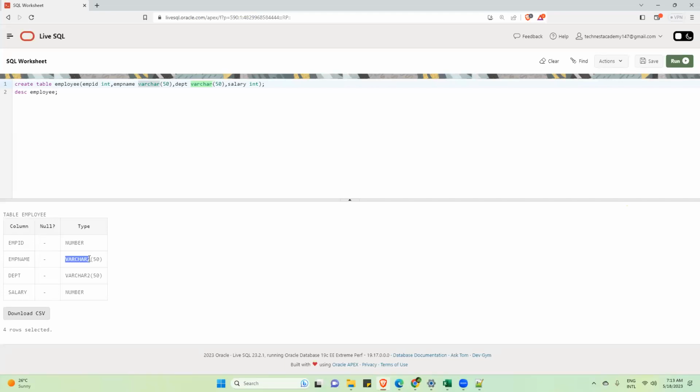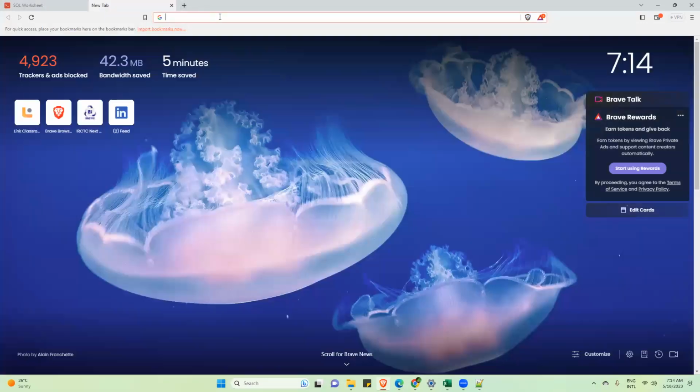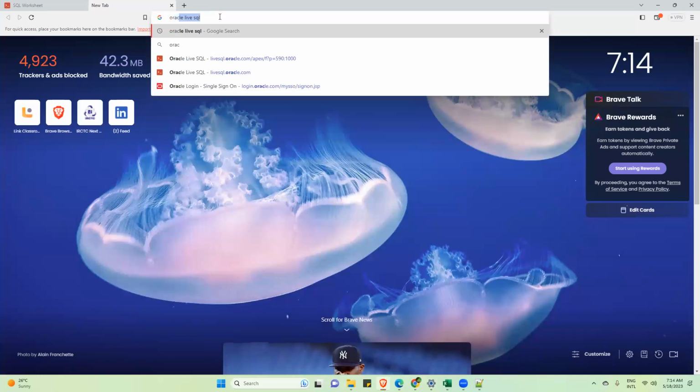Any other question? One thing. Those who are very new to SQL, I will recommend to practice on Oracle Live SQL. This I have mentioned yesterday. How to launch this? This is very simple. Anyone who wants me to repeat how to launch this Oracle Live SQL? Anyway, I will repeat this. See, you have to open a new tab and just write Oracle Live SQL.